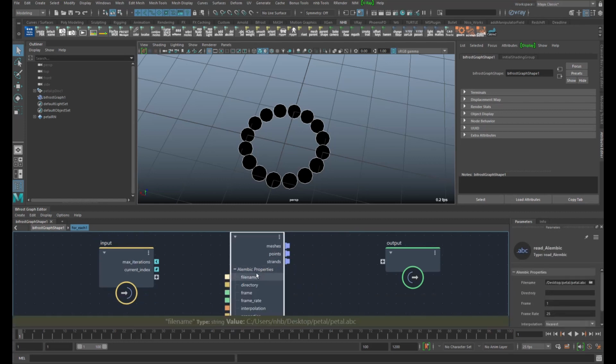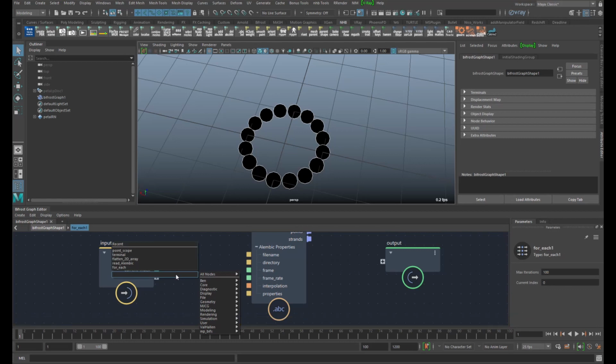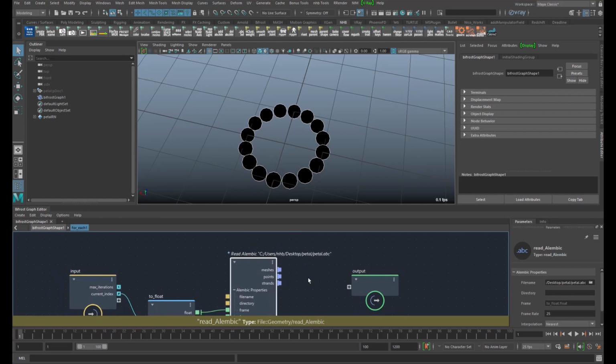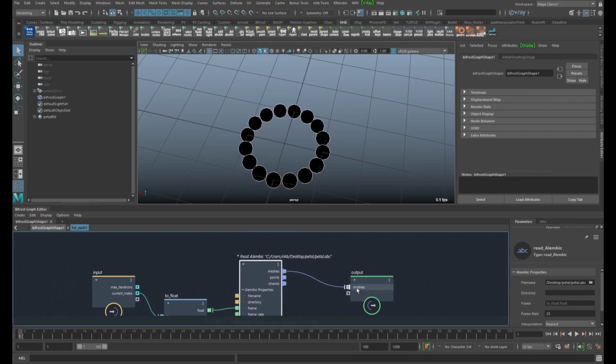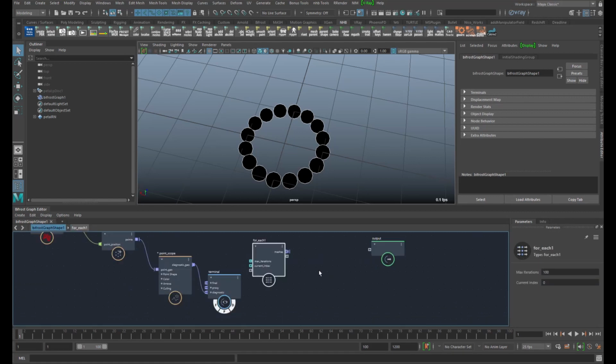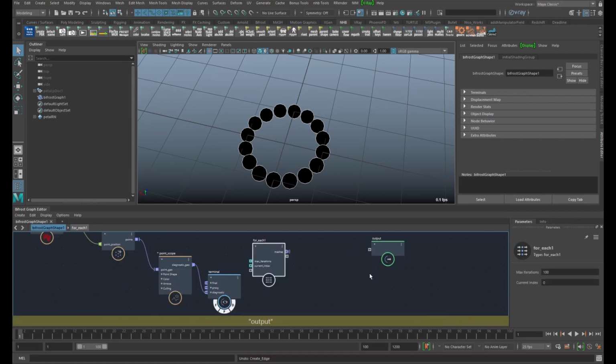And then convert the current index to float value again. And put this into frame. And then we're gonna have 100 instances. Do we?